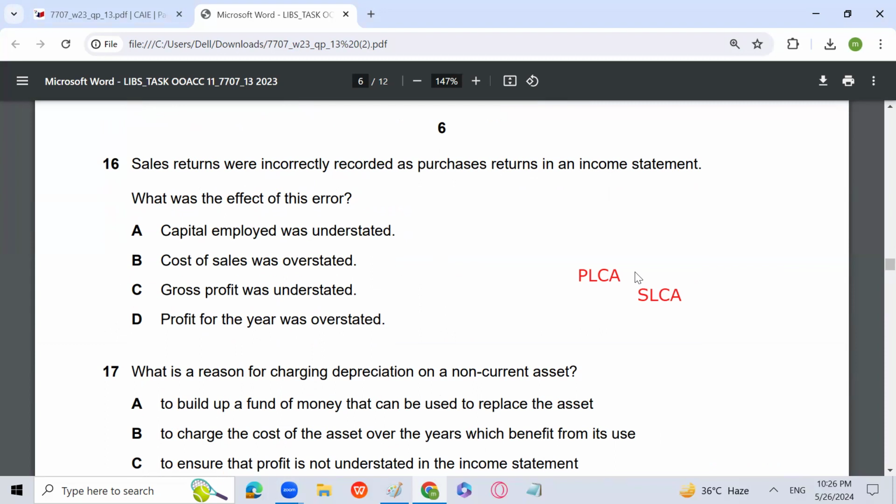Gross profit, cost of sales. Sales return, it means sales return. You haven't subtracted sales return from sales, but you have subtracted purchase return from purchases. So cost of sales will decrease. Cost of sales will be understated and gross profit will be overstated, right? And profit